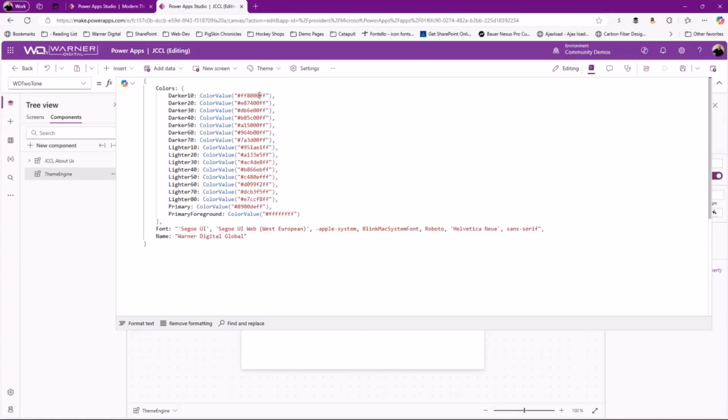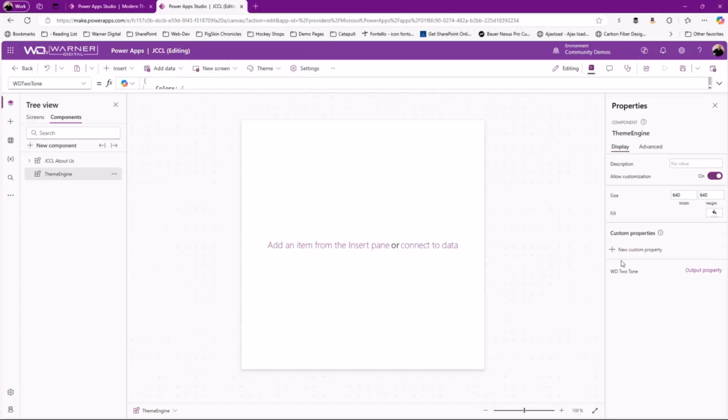Now we've had to apply a little bit of extra expressions and functions here to make it a color value so it understands exactly what's going on. Again, thank you, April. We worked through this together. But I'm including all this stuff here that is available, right? So lighter or darker to 70, 10 to blah, blah, blah, and primary, and adding the font. And the name, that's the name that gets applied. Now, that's not the name we're going to use within our app. We're going to actually use the name of our component